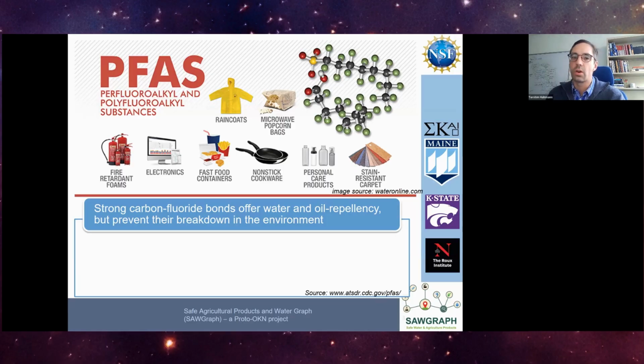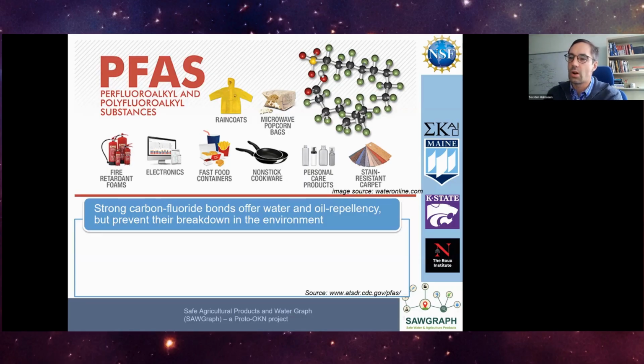And these are very strong bonds that offer desired properties such as water and oil repellency, which has led to their use in a lot of consumer products and industrial applications for waterproofing materials, non-stick cookware, for fire retardant foams, and making textiles or upholstered furniture stain resistant, having food containers or wrappers oil resistant, etc. So they're very useful, but